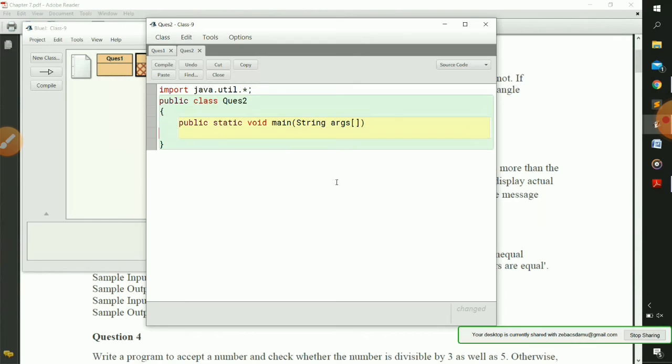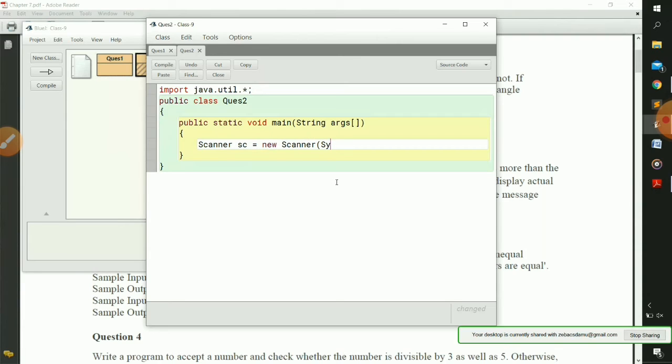Okay, now afterwards, firstly we need to define our Scanner class. We need to make an object of this Scanner class. So Scanner sc is equal to new Scanner,